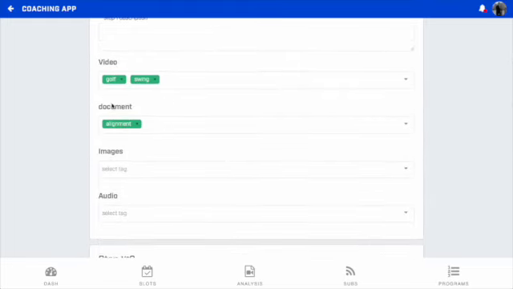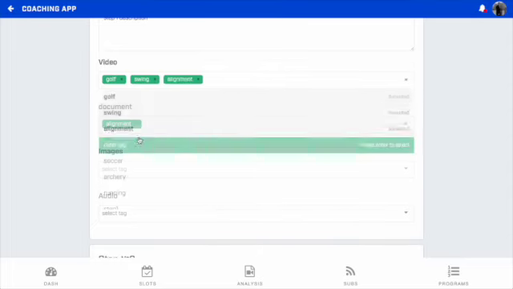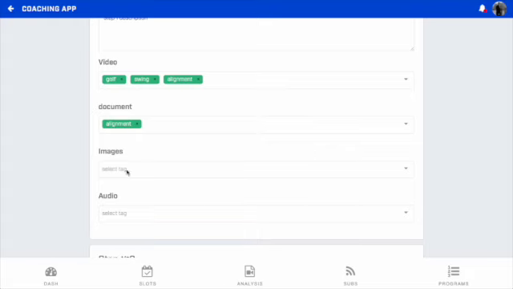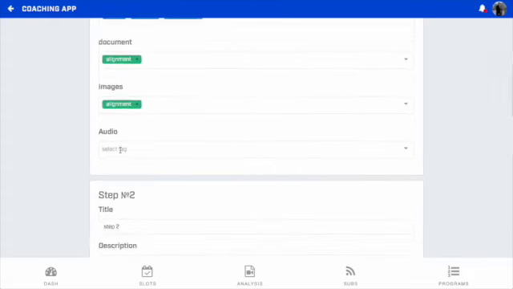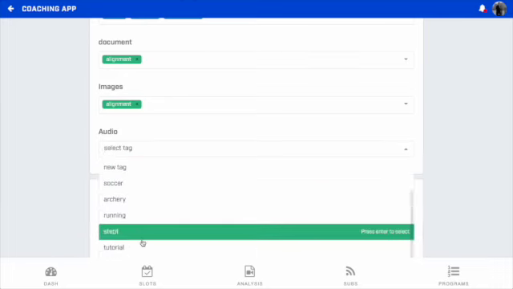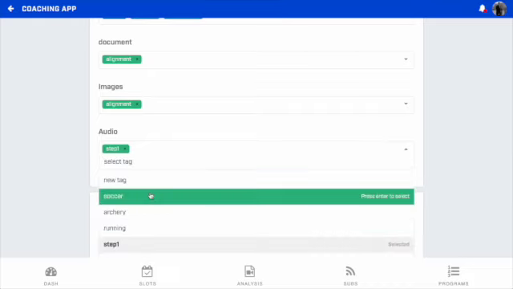So say, for example, I have a PDF on alignment and videos on golf swing alignment I want to include, and then I also want to include images on alignment, and then I want to include audio on step 1